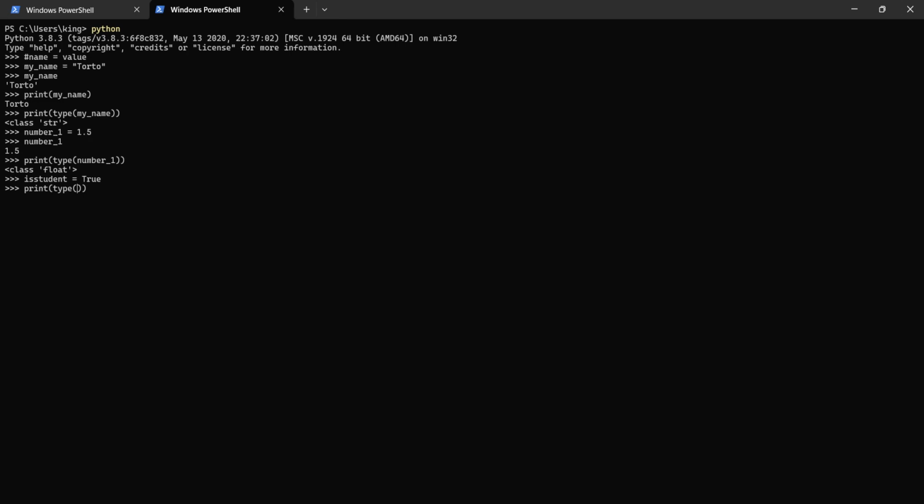So if I type is, you can see it's bool. So this is boolean. That is a boolean value. This is how you can assign a value to a variable. I also said that in Python programming